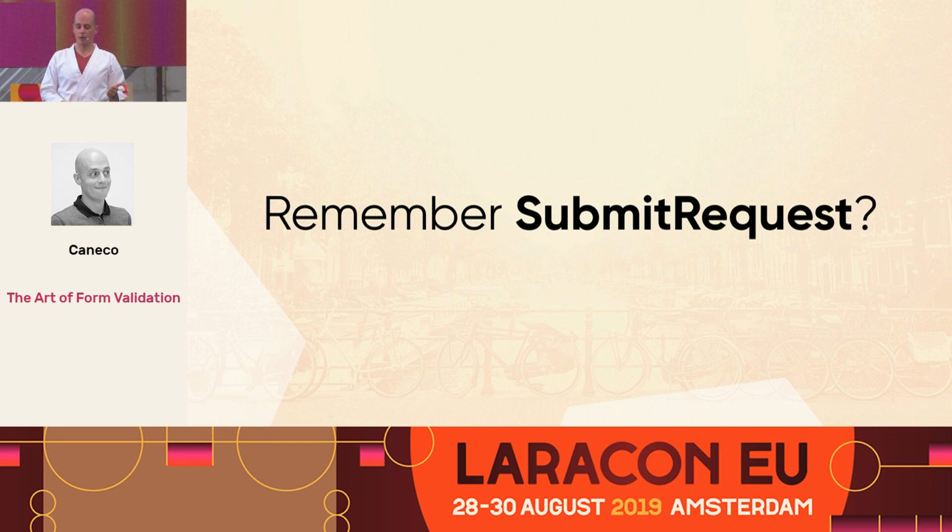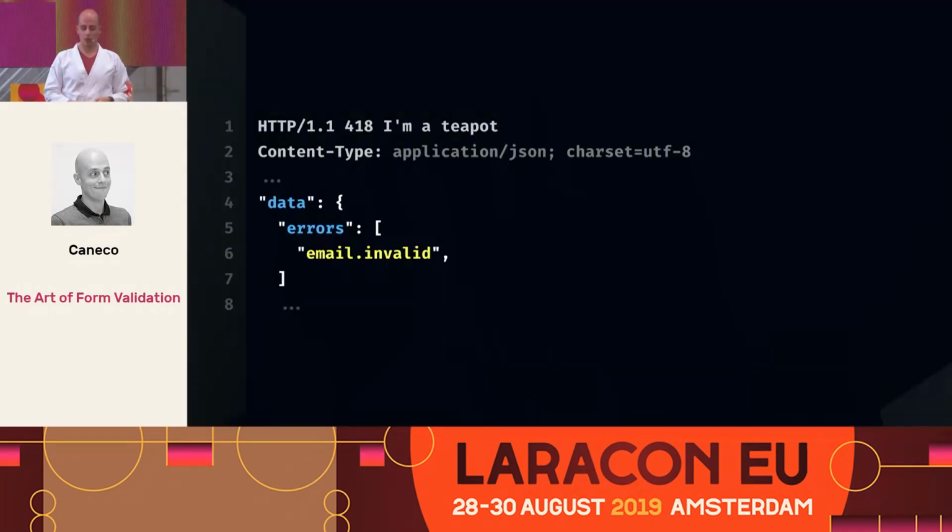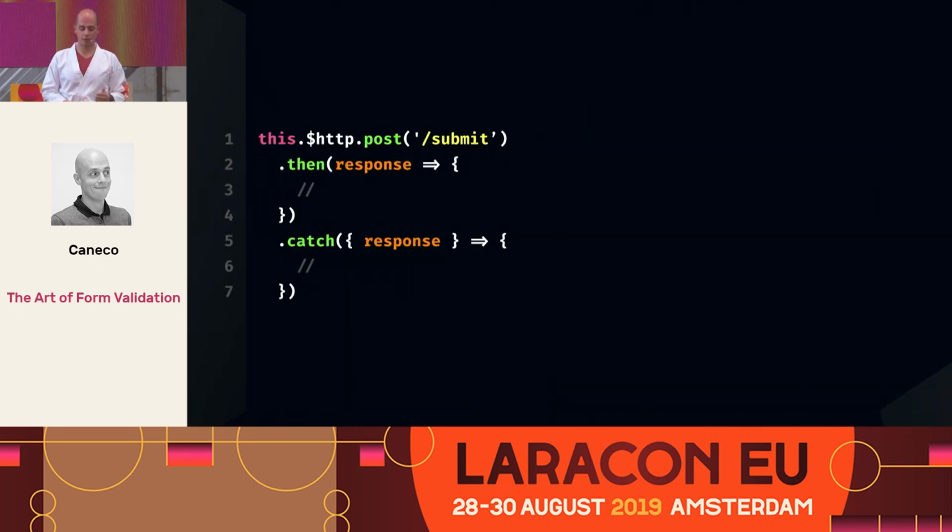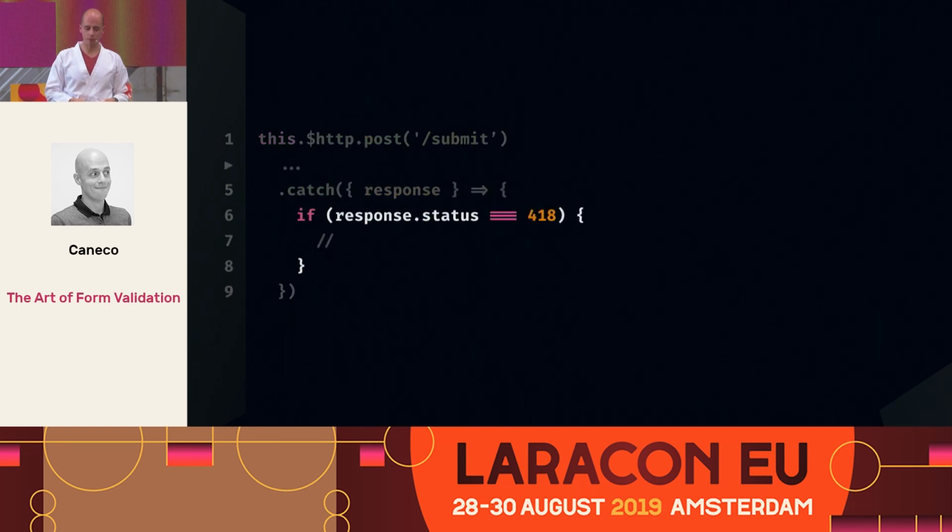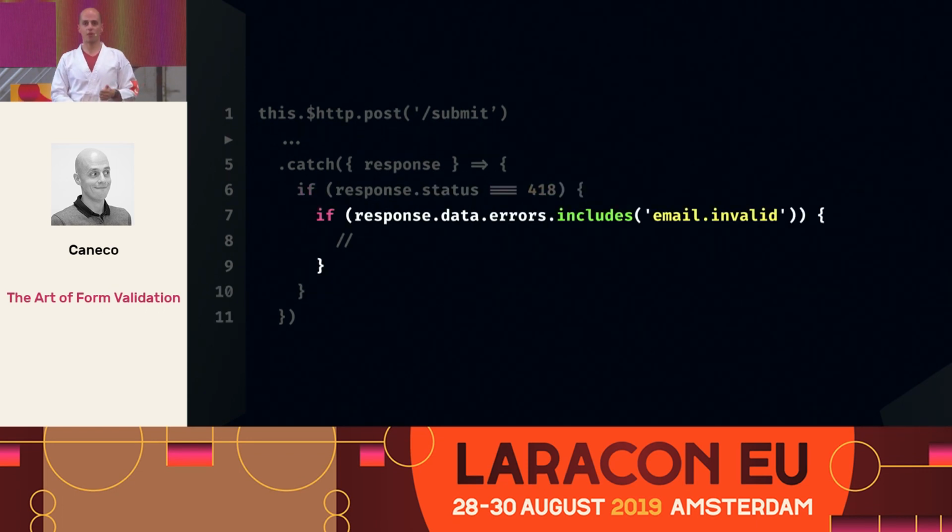Remember that submit request that we made previously? That gives us this information from the server instead of that one. So imagine that Ajax request. You can check right away for the HTTP status code, instead of the normal 422. We can check right away that it is actually the validation error that we made from that submit request, and we can check really easily if it's that unique error that we really want to deal with.